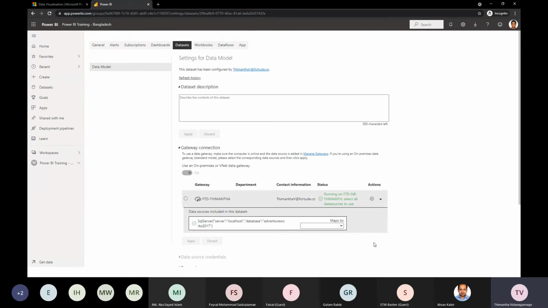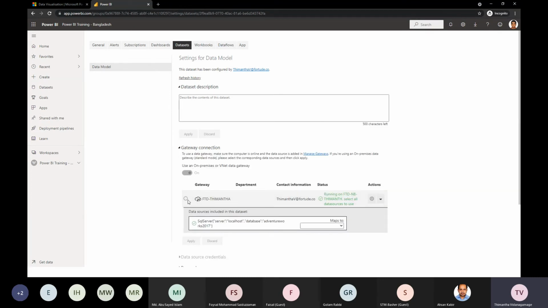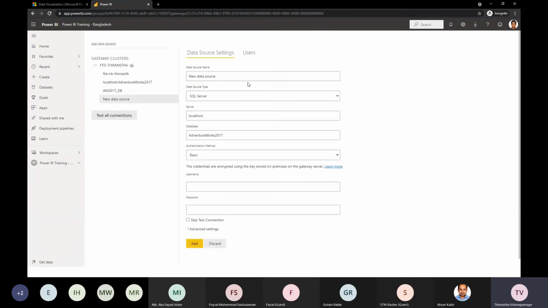Right. So that's something, but for you guys to know, just so you have the gateway connection option here, just go inside that, and you should be able to see the gateway that you had configured right here. And it says it should be default. It should default say on, and basically you would see an option called Maps to here. Basically, you can add a gateway or a data source from here itself, but you can't really refer to that previous